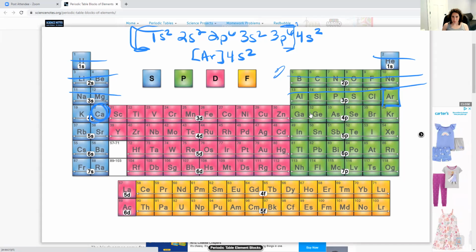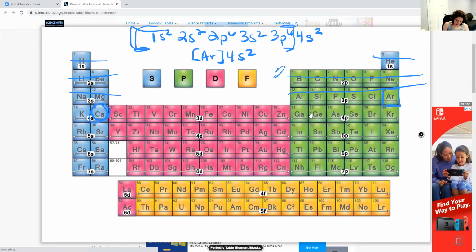Let's do platinum, Pt. Where is platinum? Platinum is number 78. There you are. So I could do this entire electron configuration. It would be 1s2, 2s2, 2p6, 3s2, 3p6, 4s2, 3d10, 4p6, 5s2, 4d10, 5p6, 6s2. By the way, I'm right here, 6s2, and then you drop down to, that's why this is blank, you